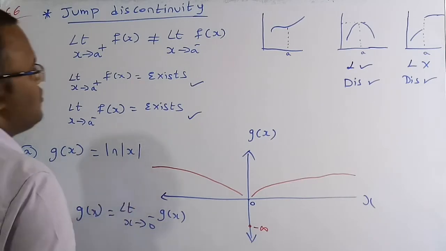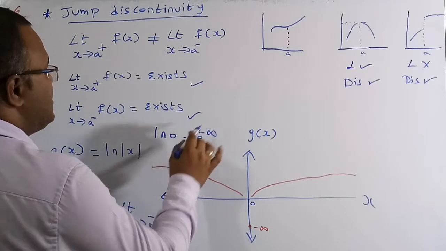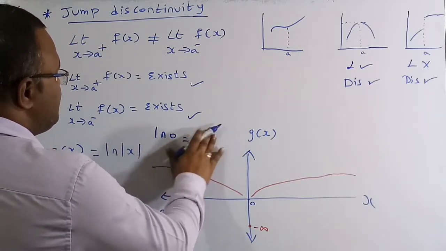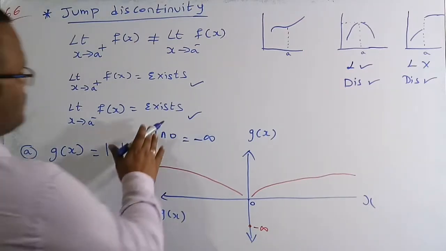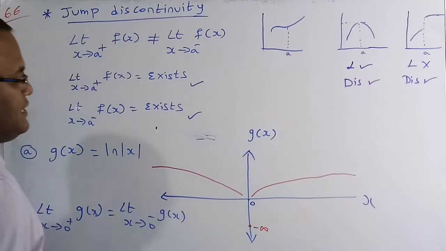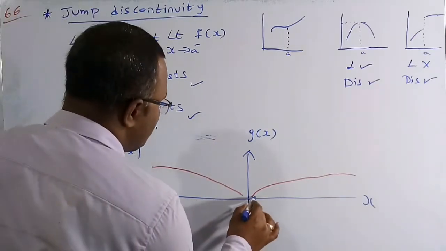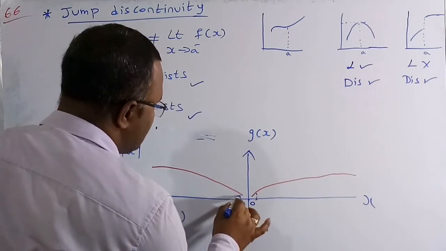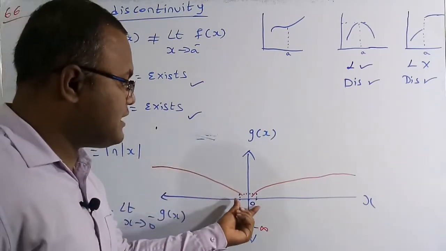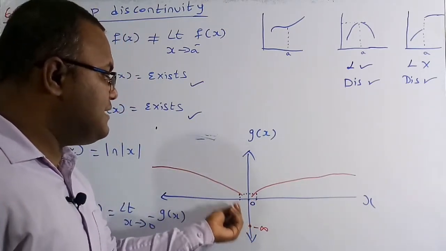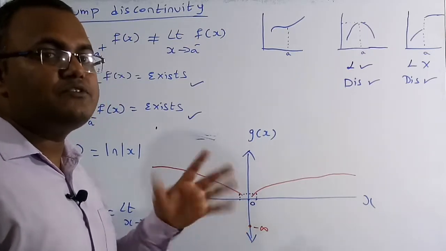But when x is equal to 0, the logarithm of 0 is nothing but e to the power of minus infinity, so we get minus infinity. Log 0 is nearly equal to minus infinity. So this is the graph of g of x. You can see clearly that at 0 plus it has some value, and at 0 minus it has the same value, because it is a positive graph. Always positive, so both are equal. Therefore the limit exists, and since the limit exists, there is no jump discontinuity.